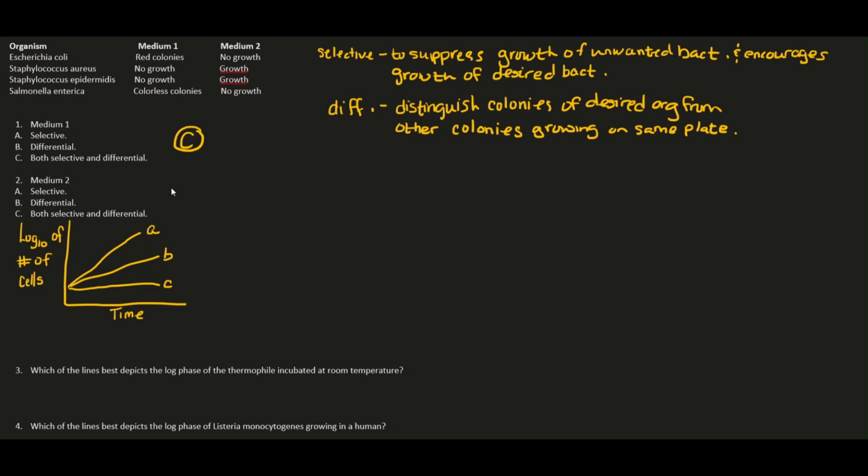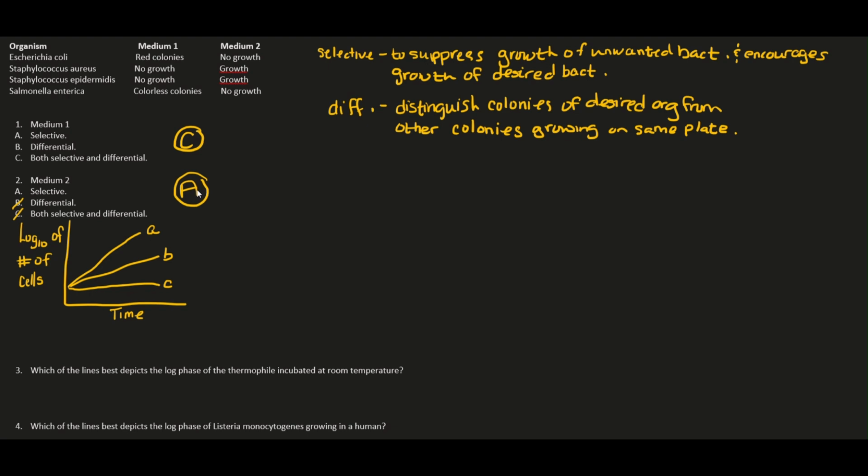Number 2, medium 2, you see no growth, growth, no growth. We have selective for A, B, differential, C, both selective and differential. Well, in medium 2, you don't see a distinguish of colonies like you do in medium 1. So we can eliminate B and we can eliminate C, which leaves us with A being the answer. And it's A